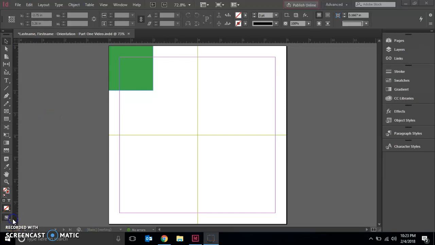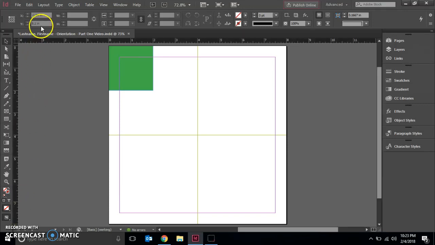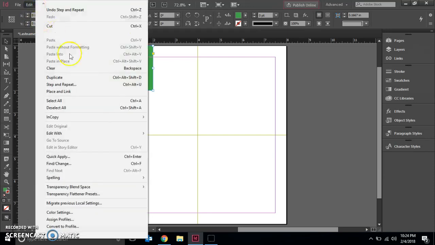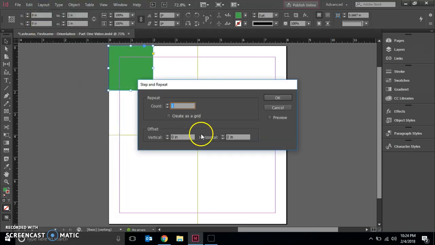for this video. This is a very useful function so that you don't have to manually repeat steps multiple times. The first thing we need to do is make sure that our green square is selected. With our green square selected, we're going to go to our application bar, click Edit, and then select Step and Repeat. We're going to make sure that our vertical offset is set to 0 and also our horizontal offset set